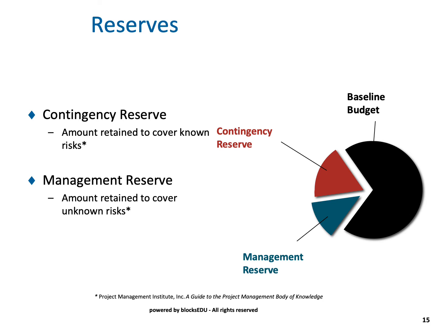That's a reserve. And then we have this other thing called the management reserve. It's the amount retained to cover unknown risk. This is your traditional contingency, the 5 or 10%. Again, this should only be allocated, not given. It should be reserved, either it's 5 or 10% or whatever the management reserve is in your organization, but it shouldn't be drawn on unless it qualifies as an unknown risk.